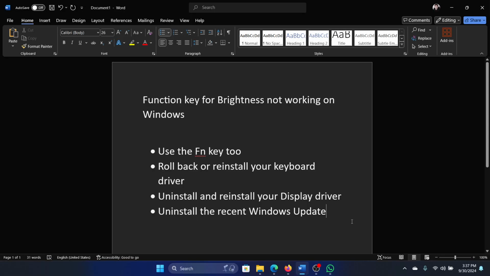Hey friends, if you encounter the issue where the function key for brightness is not working on your Windows computer, then